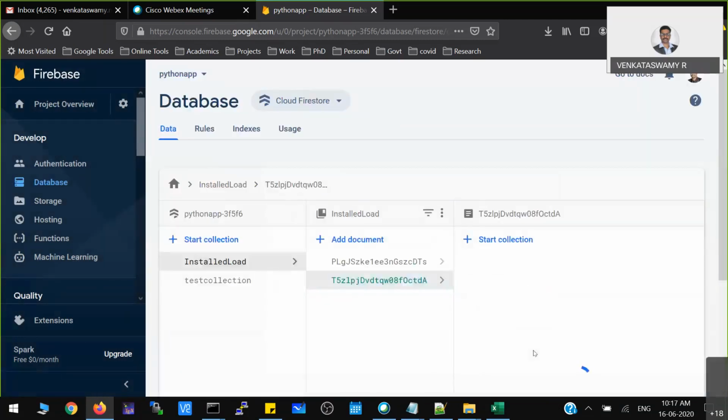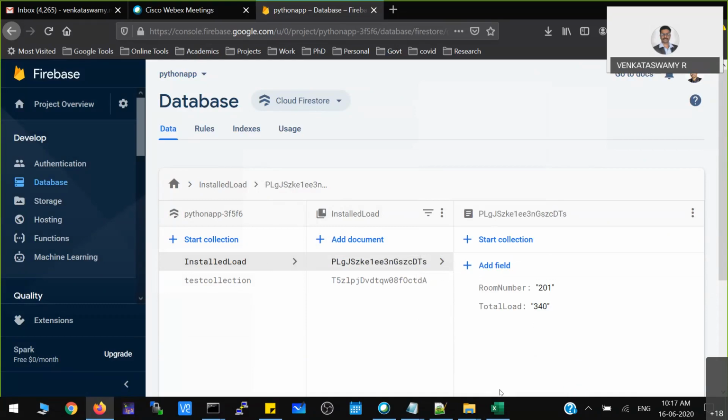Then just click on save. Now that you have to observe, the main one is installed capacity. Under it, different document IDs will be there, and for each document ID, again one collection will be assigned. So under each ID, that is what you have to understand.